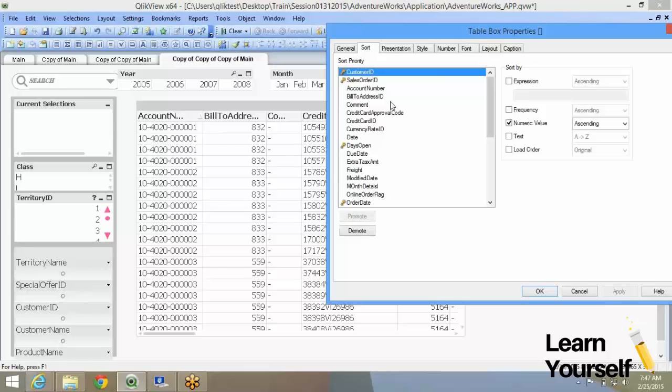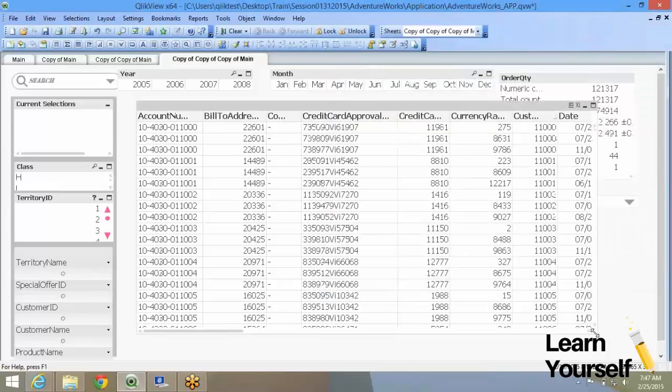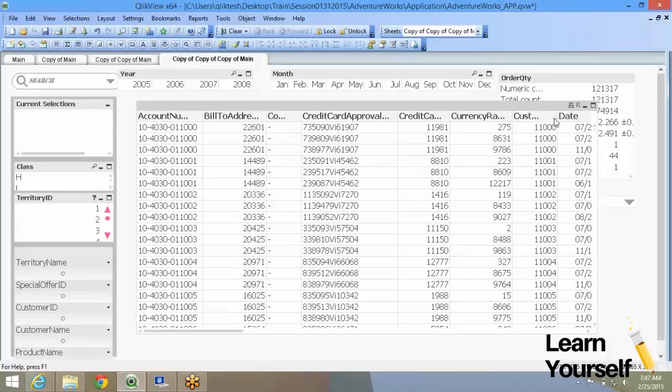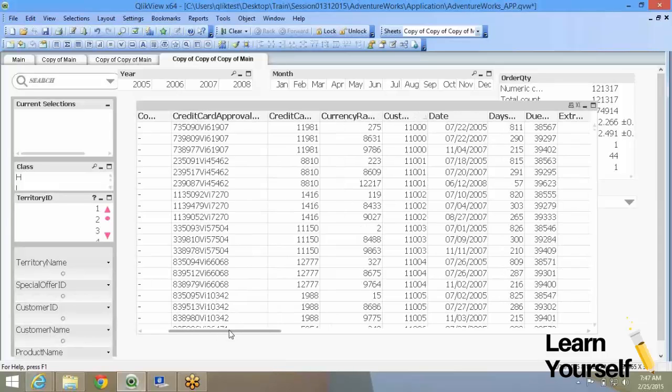Now with this special sequence, the columns will not be rearranged. Columns will still be there in their own respective positions that we described, but only the sorting will happen on this. So if I say OK, now technically it is sorted by customer ID. If you see here, over customer ID a small triangle is there. If the pointed end is on the top, it says it's ascending order,